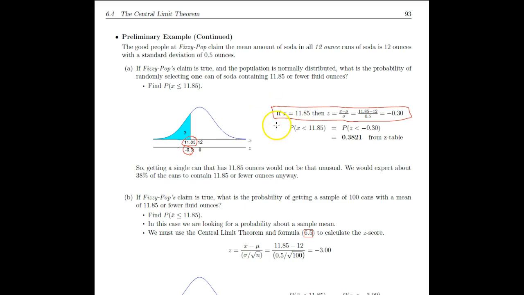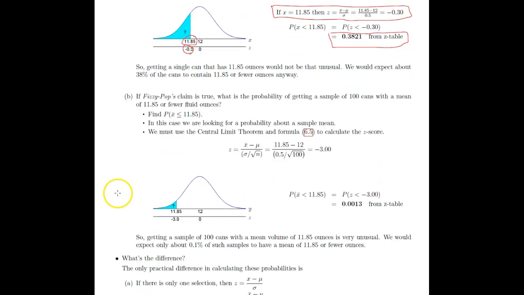You go back and look that up in the table, and we are in fact looking for the left of that, so that's just going to be the value in the table, which turns out to be 0.3821. Okay, cool. And that's basically what we've been doing in class the last couple times, just finding the area to the left of z-scores. Okay, so you would not find it to be that unusual. There's a 38% chance that that could happen. Now let's go on to example B.